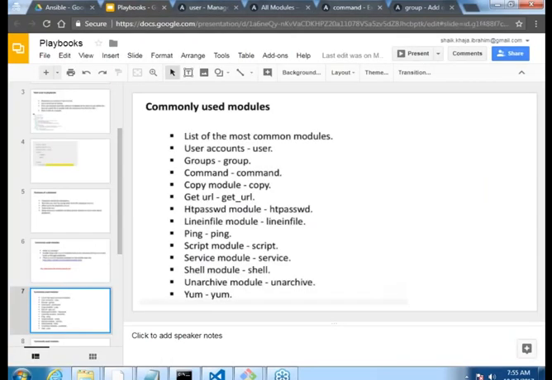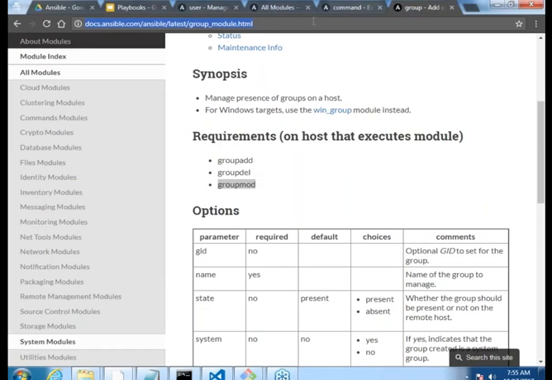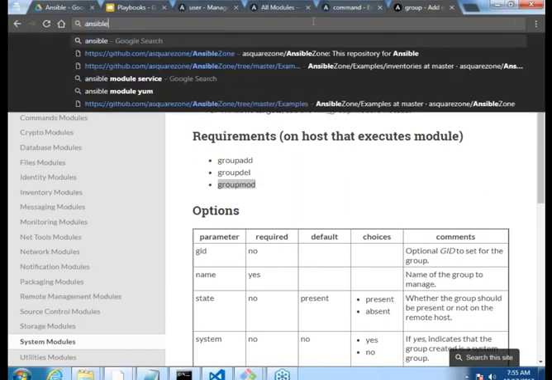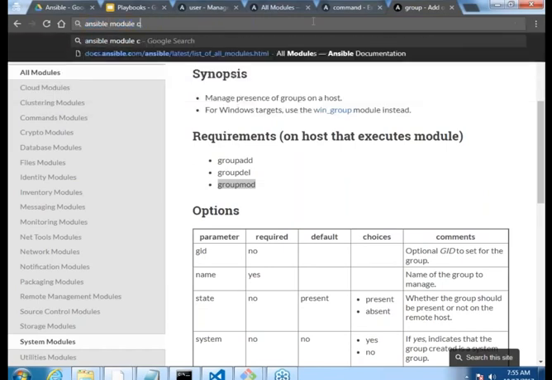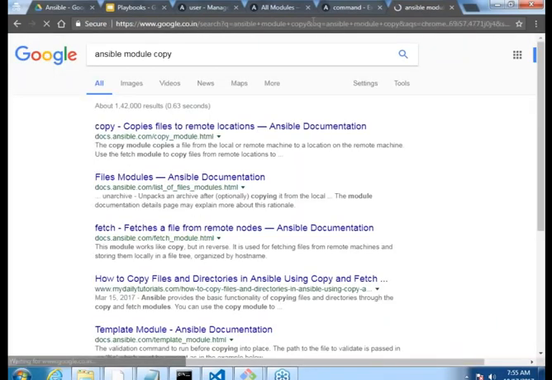There is something called the copy module. Sounds interesting, let us see what this is. Ansible module copy. I'm spending time on all of this just to show you that even if you have to work on a newest module which we have not discussed today, which was probably created after 6 months, it is easy to do. The only thing you need to know is the purpose of that module, and to execute it there will be help and examples.